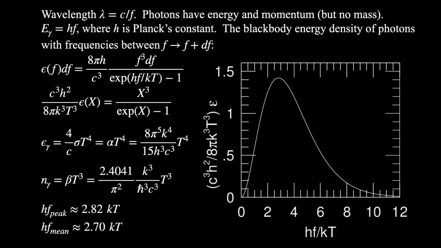It's dependent upon a number of constants and the frequency cubed on the top of that expression divided by the energy, hf, of a photon compared to kT, the thermal temperature. So there's an exponential, and that exponential of hf over kT, minus 1, indicates boson statistics. Now we can rearrange this by saying that x is equal to hf over kT, and we get that the x cubed over e^x minus 1 indicates that there